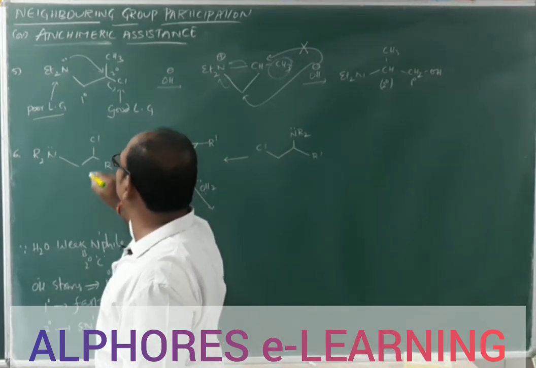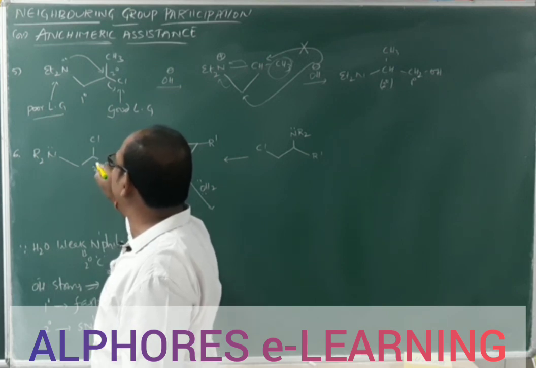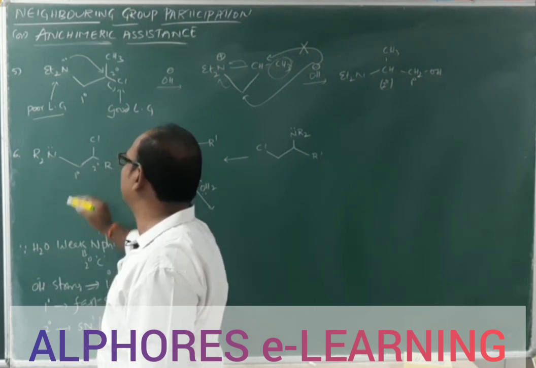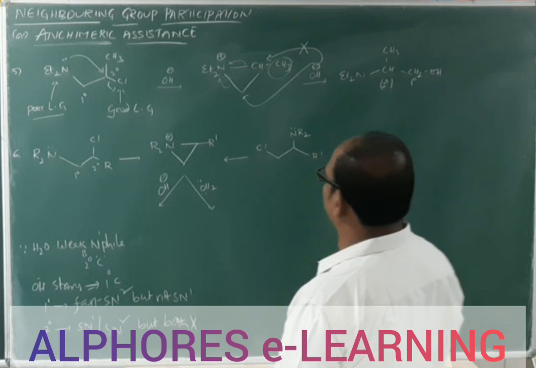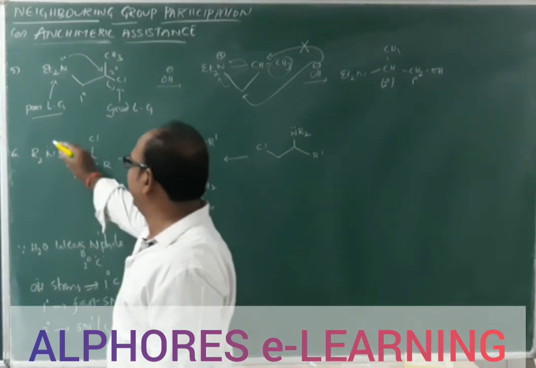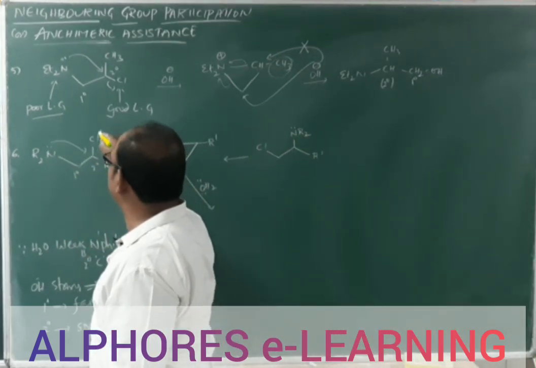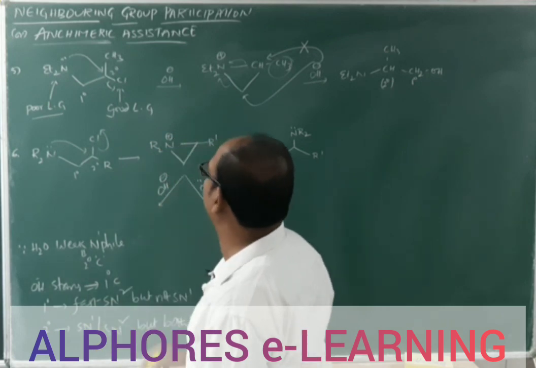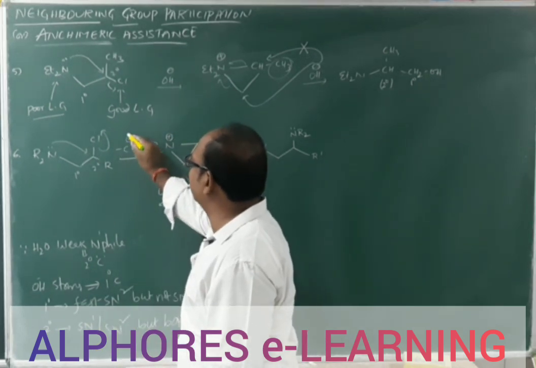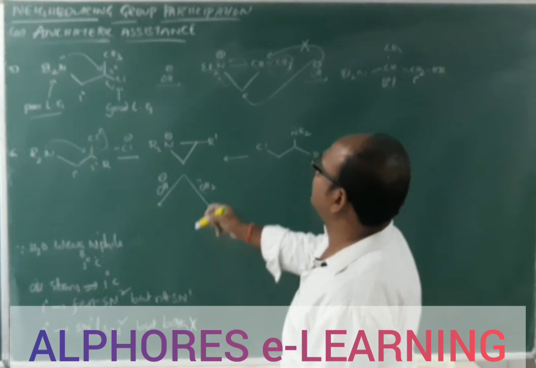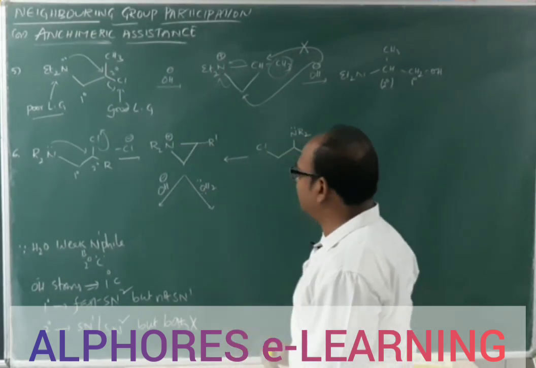Now here this one is just like the above example. Here we are going to consider an alkyl group, and this chlorine is attached to a secondary carbon and the amine group is attached to a primary carbon. So because of this, nitrogen containing a lone pair is involved in anchimeric assistance or neighboring group participation, Cl comes out as Cl minus, and as a result you are getting this nitrogen bearing positive charge.